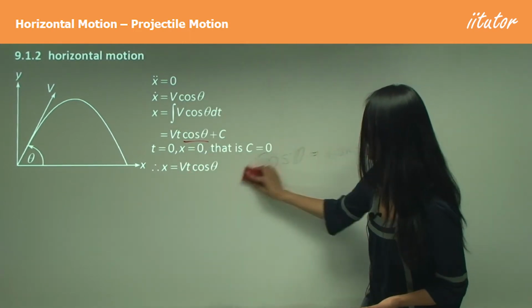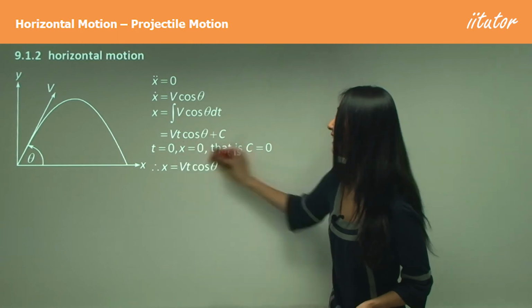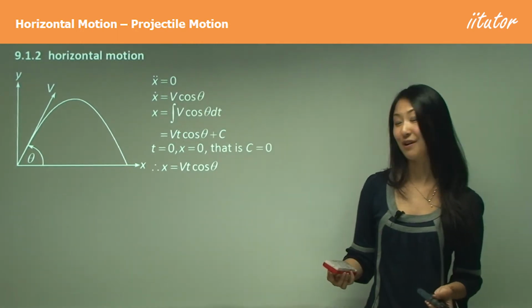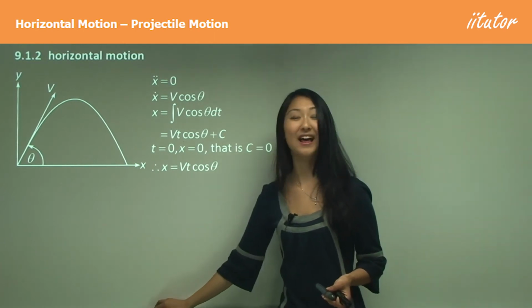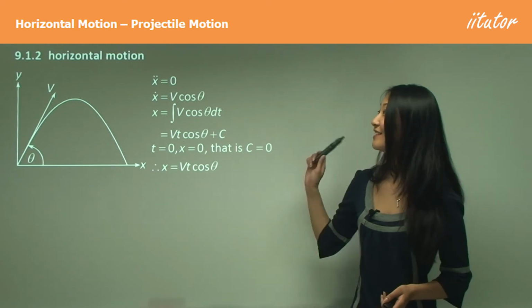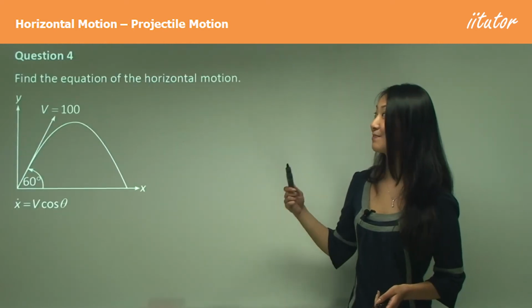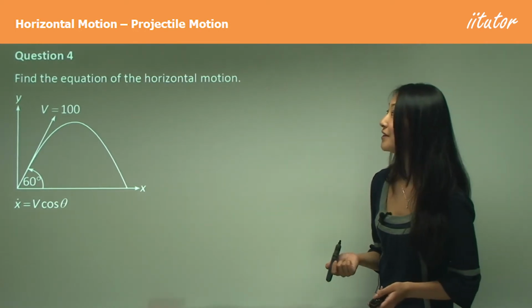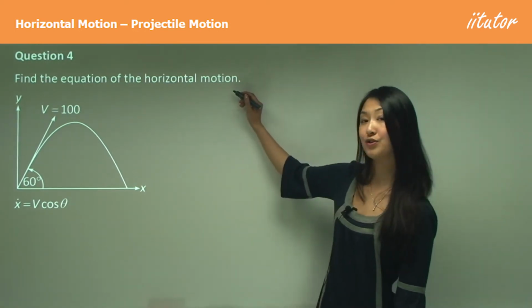And we need to integrate in terms of dt because we remember that x dot represents dx on dt. So that helps us remember that we have to integrate in terms of dt. Good. So now we've learned the basics. Let's practice using questions. So here in question 4, I want you to find the equation of the horizontal motion,